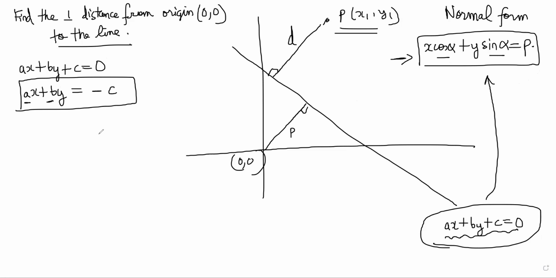a and b are not necessarily always cos alpha, sin alpha. Because a could have been 5, or b could have been minus 5. Then it cannot be cos alpha, sin alpha, right? So the problem is that a and b have no restrictions on them. Therefore, right now it is not exactly like the form that we want.